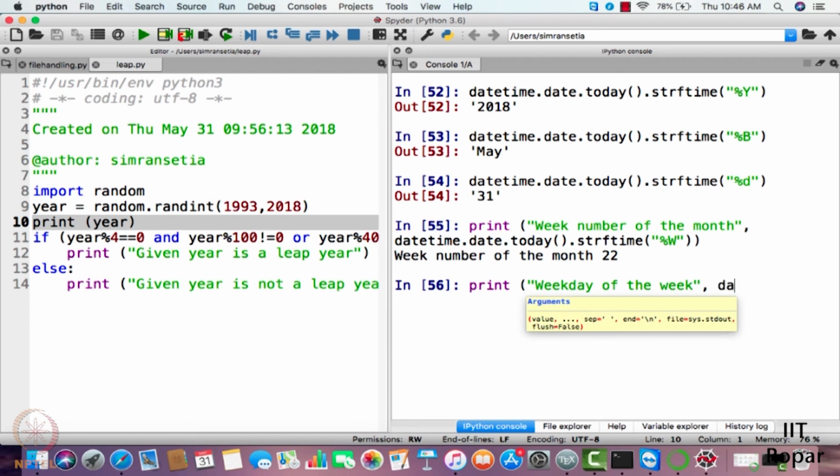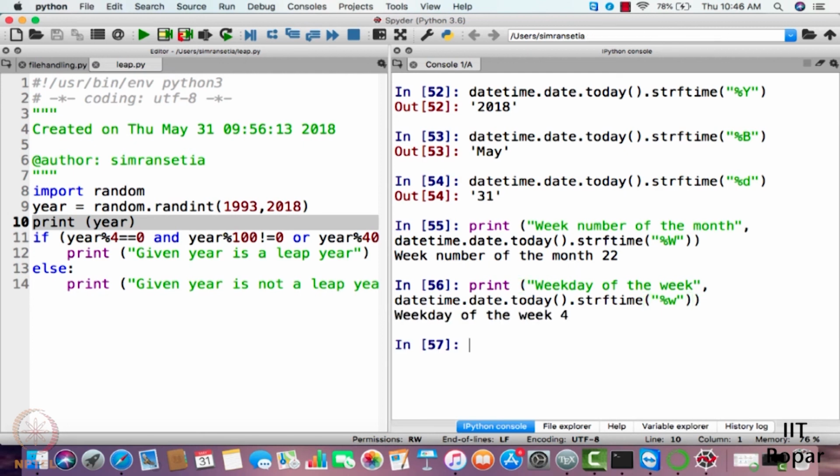Again you have to write datetime dot date dot today dot strftime, and in that you write percent small w, and press enter. So weekday of the week is 4. Okay, that's how you can use the datetime library.